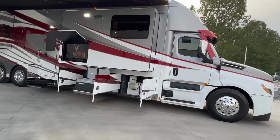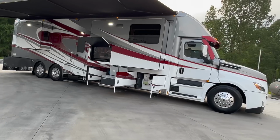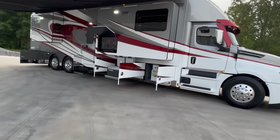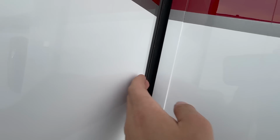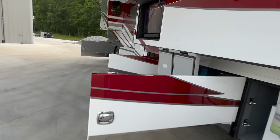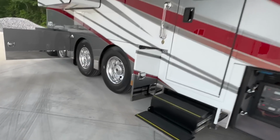So HWH hydraulic slides versus your standard Schwintek or Lippert slides or whatever. You can see the slide-outs are radiused, okay? So there's no slide toppers because they seal super tight. Look at how tight that seal is. You can barely move that. You can just see they're round. So anyways, that's my quick 30-second explanation of the difference in an iKon and an